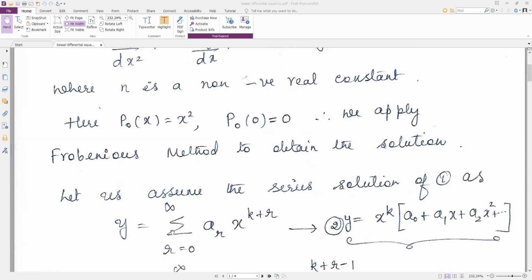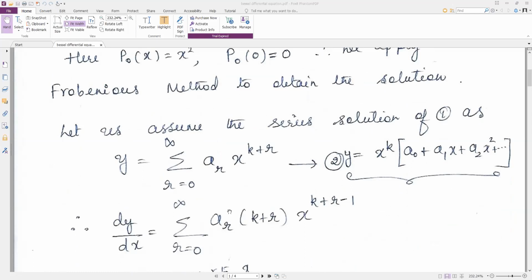Now, since our summation depends upon r, we can write this as x to the power k into x to the power r. So I can take out x to the power k because the summation depends upon r; we don't have any r there. Now, this leads to what? The same thing, right? In the Legendre differential equation we got the same thing: y equal to a naught plus a1 x plus a2 x square plus so on. And we need to get the expressions for a naught, a1, a2, etc. The same thing we'll do here. Only the extra thing is x to the power k.